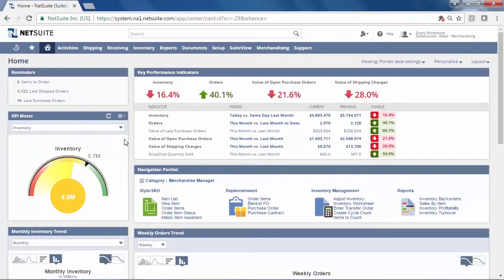One of the keys to delivering exceptional order management for your customers is ensuring you have accurate inventory across all locations. With NetSuite, you can provide transparent inventory visibility to both your employees and your customers. In this demo, we're going to start by viewing the merchandising dashboard. On this dashboard, you can see how the user has visibility into high-level snapshots of inventory and order-related metrics, KPIs, and reminders. All of this information is drillable, so the user can quickly view the details behind any of these metrics. Let's drill into the current inventory valuation number,